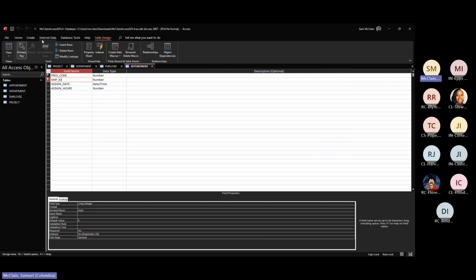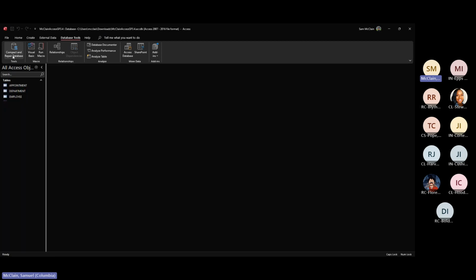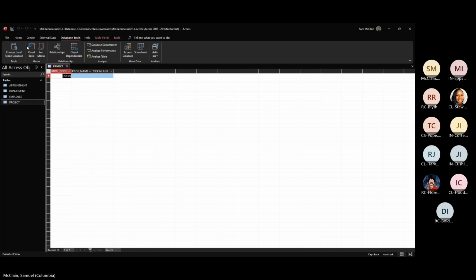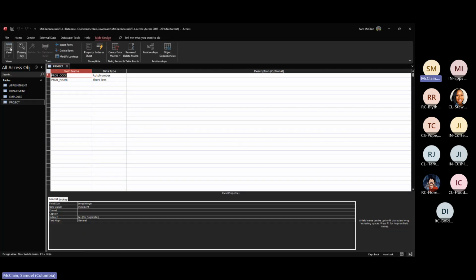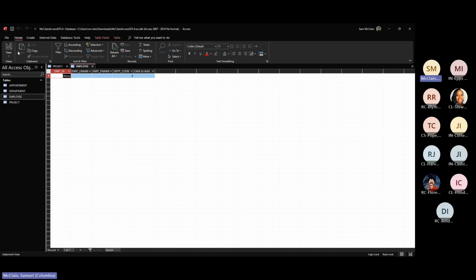And let's go through each one of them again. Going to compact and close. And so I will click on project and go to the design view. Just to make it easier, I'm going to take a screenshot of each one of these and paste it so you'll have it. For the employee,